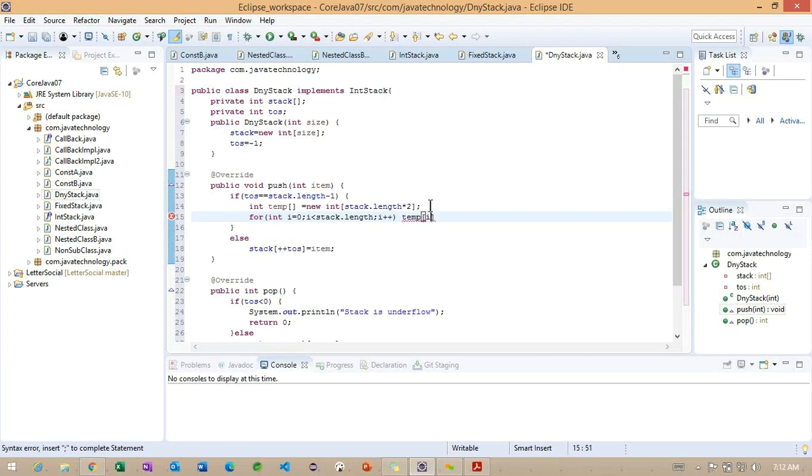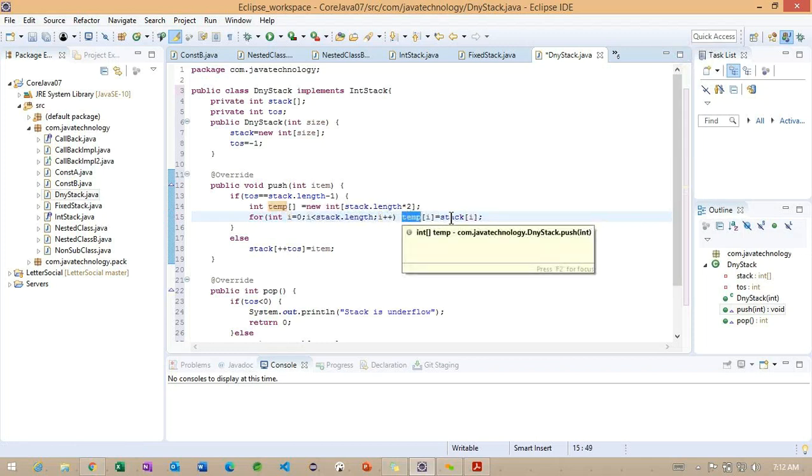Inside this loop, I will provide the index number. Carefully observe, this is the newly created array and this is the previously created one.